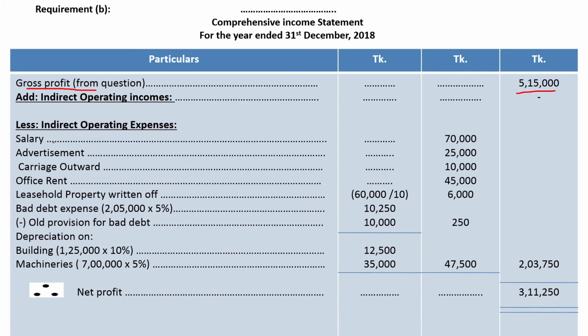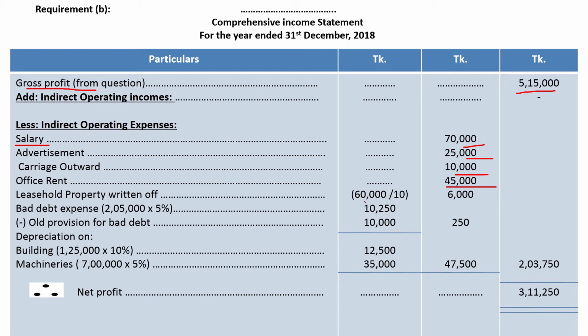Add indirect operating incomes 0 taka. Less indirect operating expenses, here salary 70,000 taka, advertisement 25,000 taka, carries outward 10,000 taka, office rent 45,000 taka, leasehold